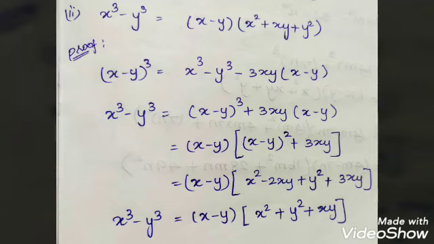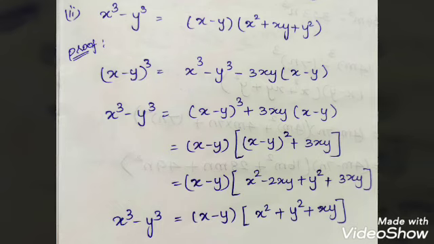The same thing, now we are going to verify x cube minus y cube. So which formula do we have to take? The (x minus y) the whole cube formula we have to take. What is the formula? x cube minus y cube minus 3xy into (x minus y). Keep that x cube minus y cube as it is, because we have to find that only. Bring the remaining thing to the left hand side: (x minus y) the whole cube plus 3xy into (x minus y). See which term is common in both the terms? x minus y. So take the x minus y outside.